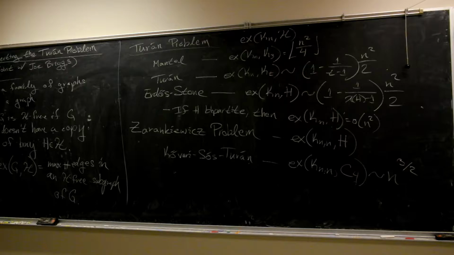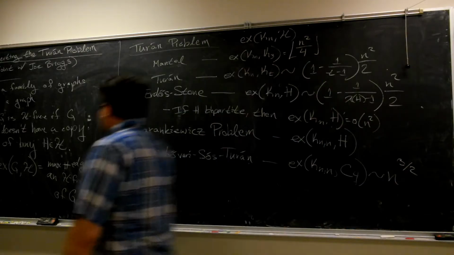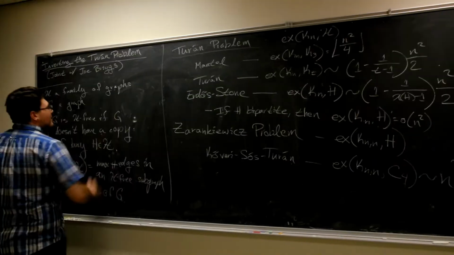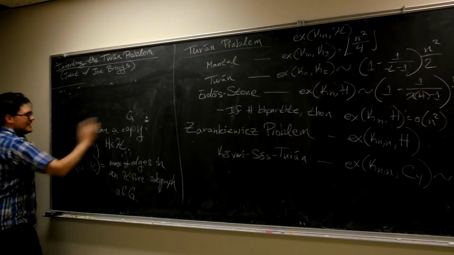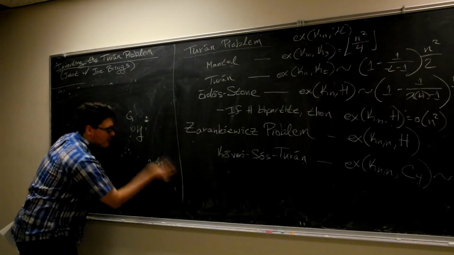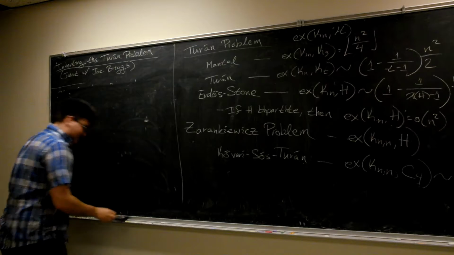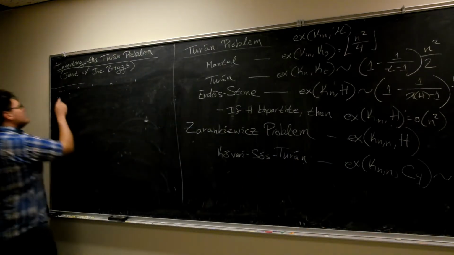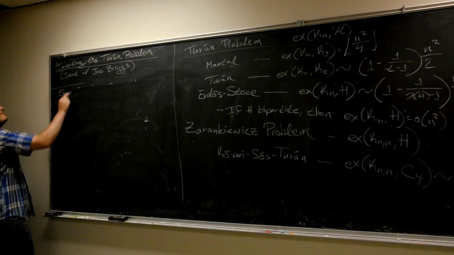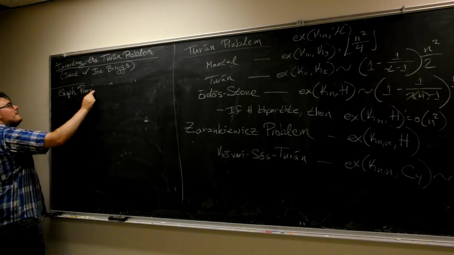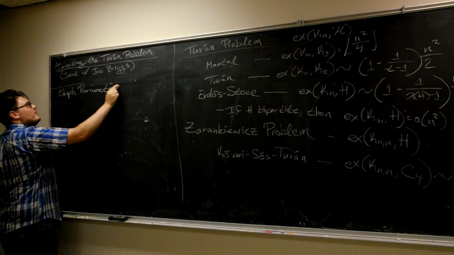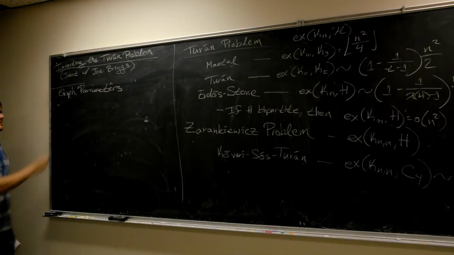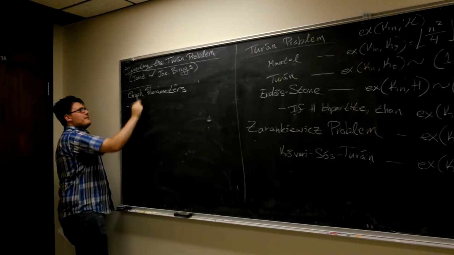Actually, let's just keep it over here. But I also want to mention a few other things that extremal numbers show up in, which, honestly, I never think of them in this way, but it's nice to note. They actually show up as just graph parameters in general. Well, what do I mean by this? Well, the graphic matroid rank, for instance,